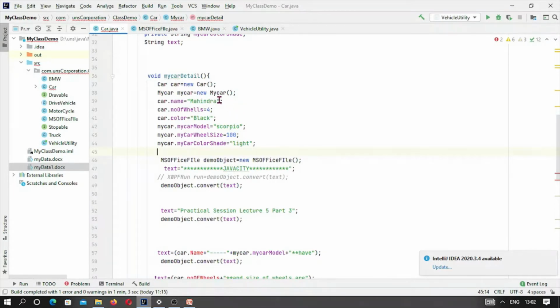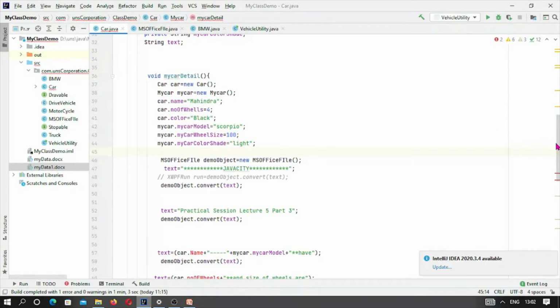Also I am doing one thing: I am using Apache POI for printing out the results of this class in a Microsoft Office file format, and here I have used the docx extension file format.